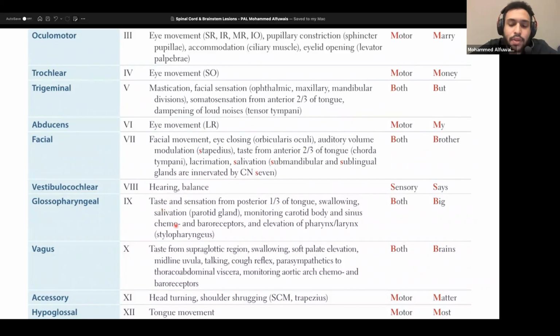Next thing is the glossopharyngeal nerve. The glossopharyngeal nerve is a mixed nerve. It will have motor, but the motor is not as significant. It's only one motor function, which is the stylopharyngeus muscle. The stylopharyngeus is responsible for elevation of the pharynx and larynx. But it takes taste and sensations from the posterior 1/3 of the tongue. Okay, and it's very important for the swallowing and the salivation reflexes, because of the salivation to the parotid gland, but it's not as significant